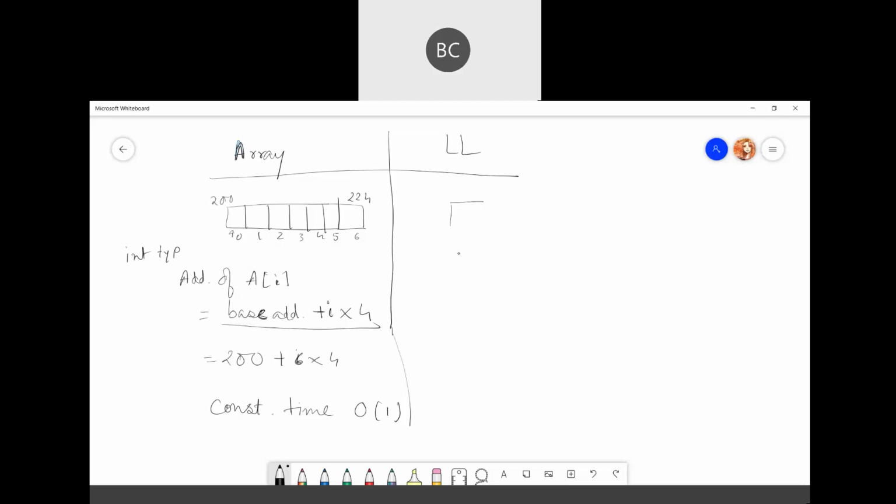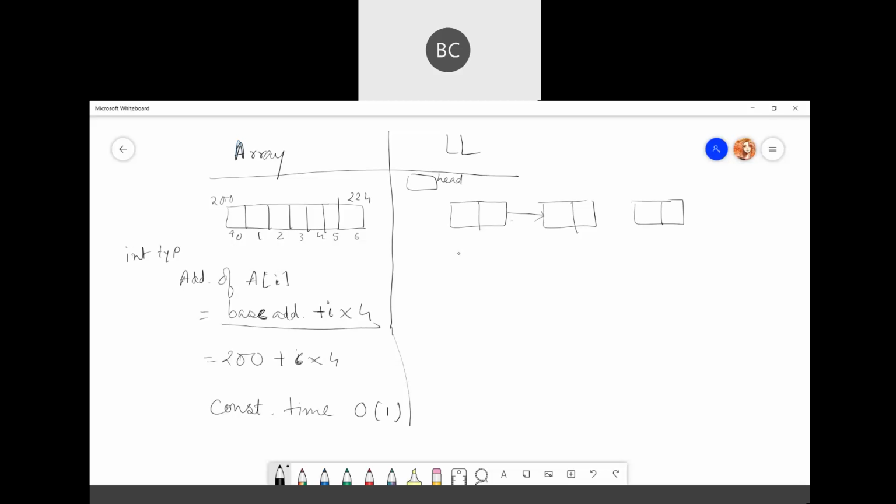And in case of a linked list, everything is a node. We cannot access anything directly. We don't know where is the second node, where is the third node. Yes, we know where is the first node because we always follow the head pointer.